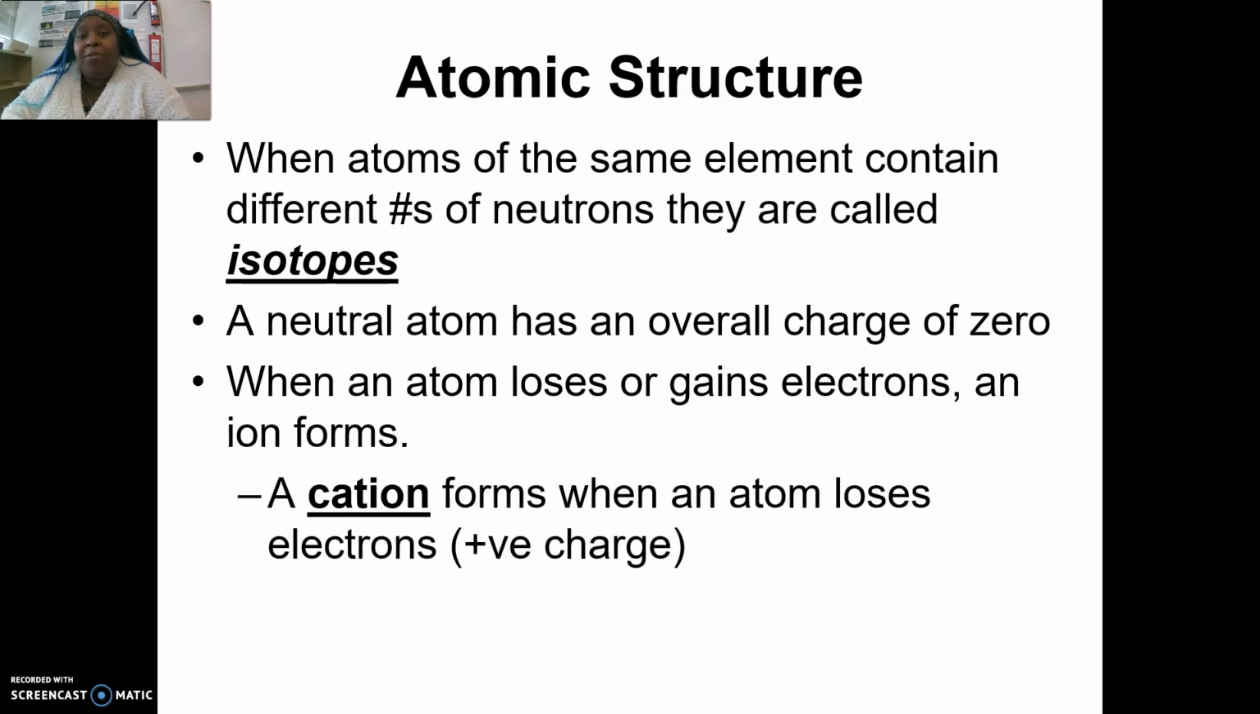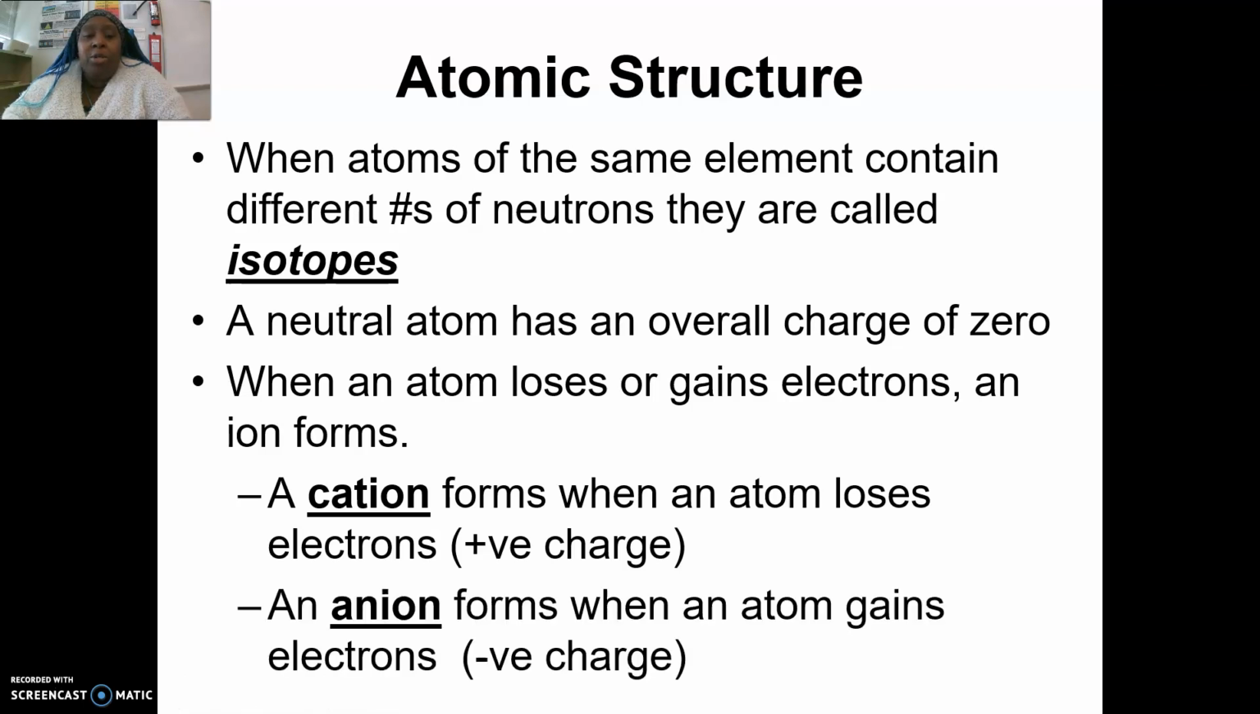There are 2 different types of ions that I want you to know about. The first is the cation. The cation is going to form when the atom loses electrons. And then you'll see this terminology here: positive, VE charge. That's just going to be a valence electron. So you just need to know that when an atom loses an electron, you form an ion with a